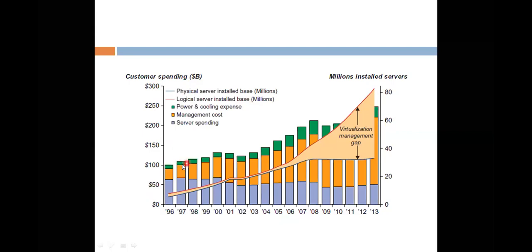This much of the server information only will be accessed, because there is no possibility of more. If only 40% of the servers will be used, you can't access the servers you are processing. So if you want to access more, we need to take the logical server installed base, which is 80 million. The cost is very less here, and we are not maintaining anything in the virtual, not even host operating systems. We are simply paying and getting the benefits of the servers.